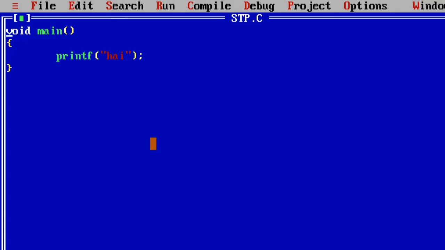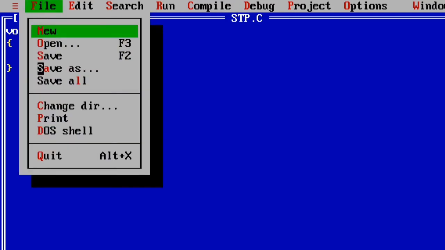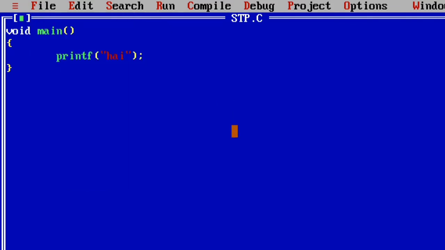Like that, with the help of the File menu and the Open command, you may open saved files which are available in our system.